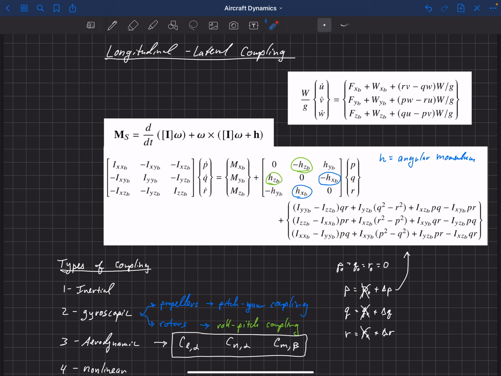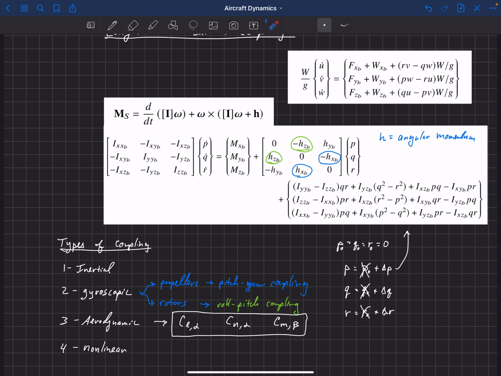because all of these are nonlinear terms. All of these have rotation rates that are either squared or multiplied together. And so because all of these were just the delta values, we dropped all of those terms. And so actually, our final pitching moment equation was just this equation right here, which is really quite simple. And we had neglected the angular momentum tensor, as well as all of these nonlinear terms over here. Okay, so that happened because we linearized the equations. So what did we lose by doing that? Well, let's look at a common example here.